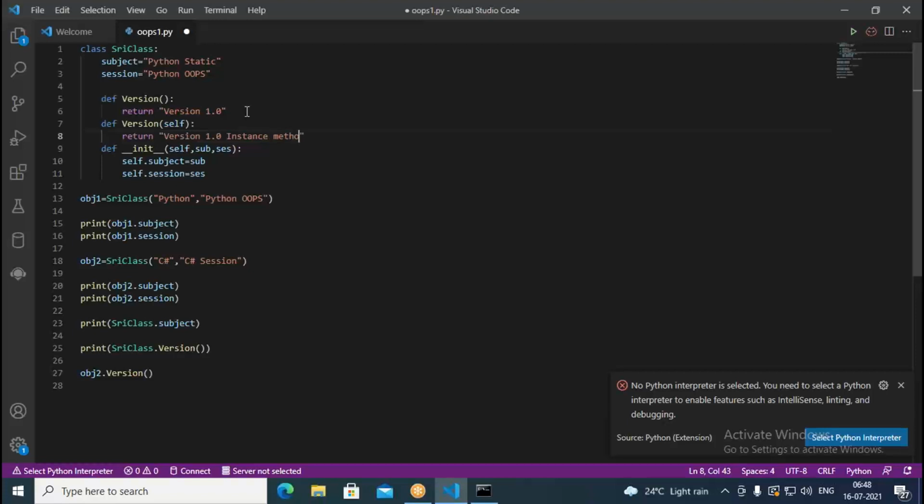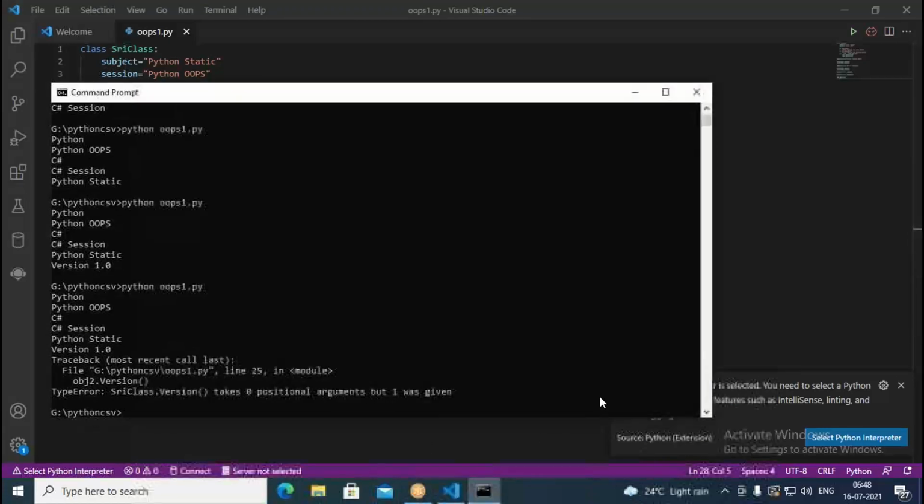I put it like this, instance method. But here what I put is class level, class method. Now if I try to run this, what happens? See here what I'm doing: print Sri class dot version, and here object 2 dot version. What difference do we get? Let us try to run that.